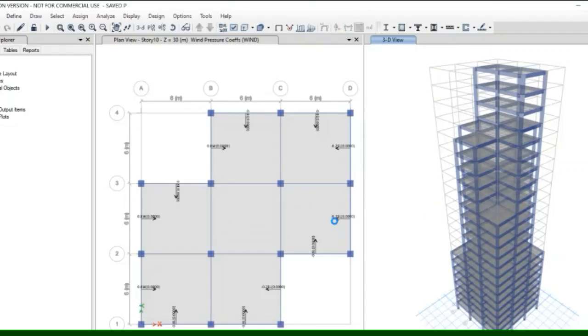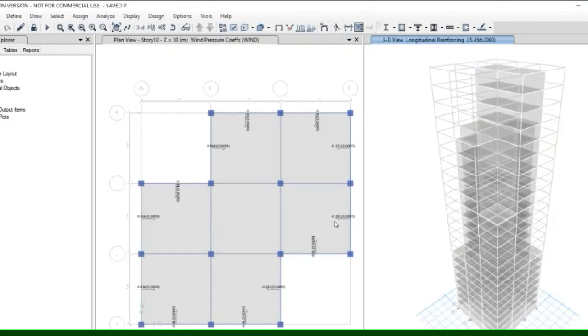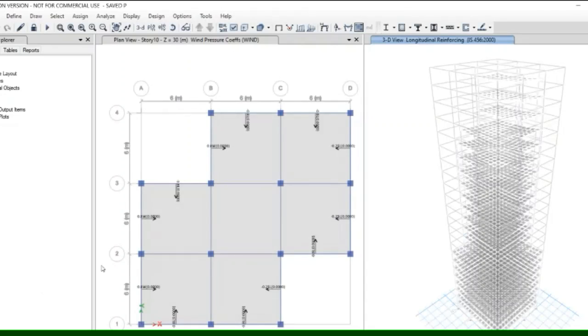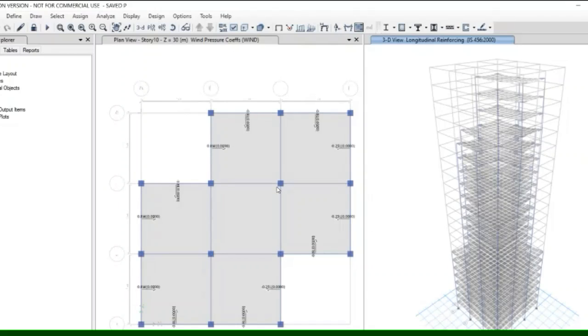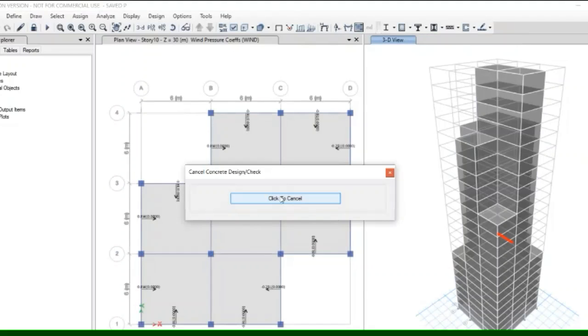So again run analysis and design. It will automatically run. Just click on S. Design running.